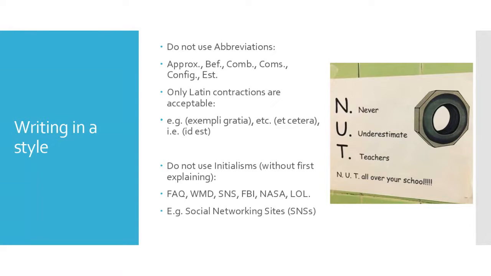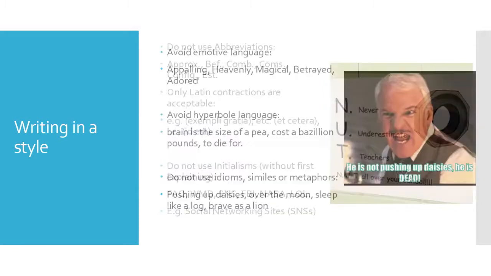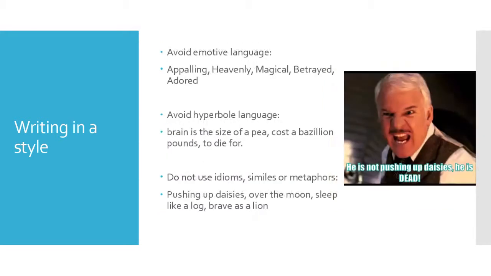Don't use initialisms without first explaining them, such as FAQ, WMD, SNS. You have to, first of all, say social networking sites, then put the initialism in brackets, and then from that point on, say SNSs to your heart's content. Avoid emotive language like appalling, heavenly, magically, betrayed, adored. That's just overly emotional, and it brings down the whole style of the